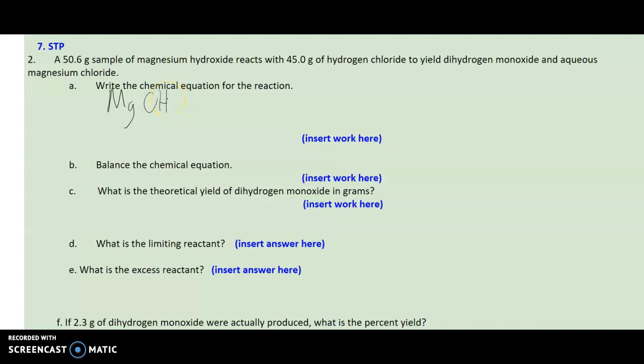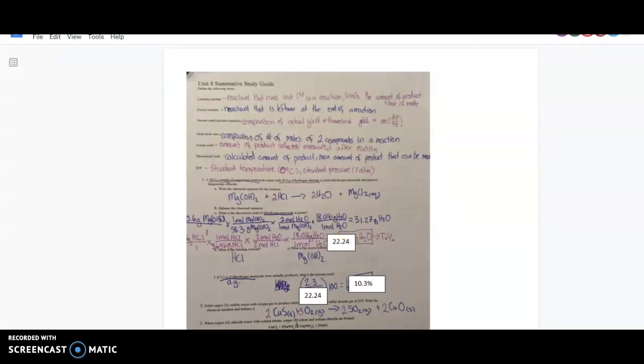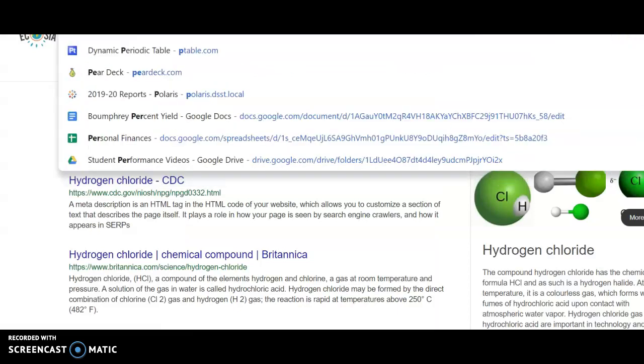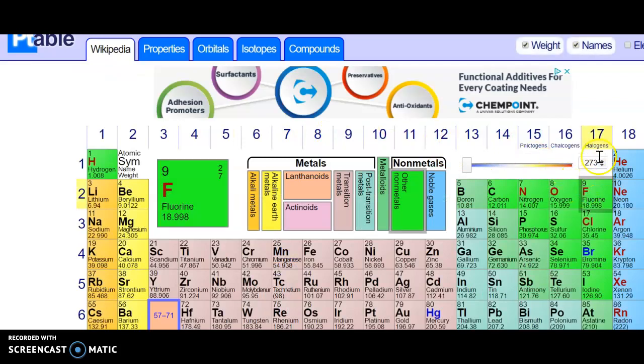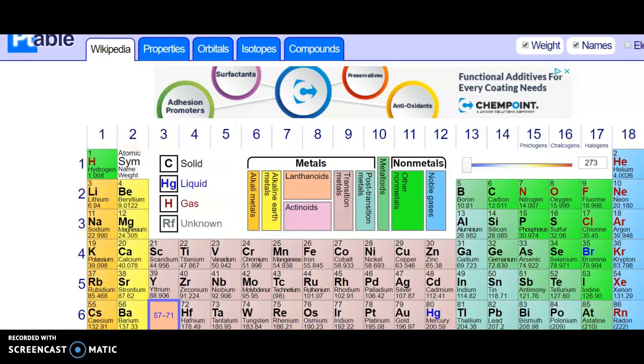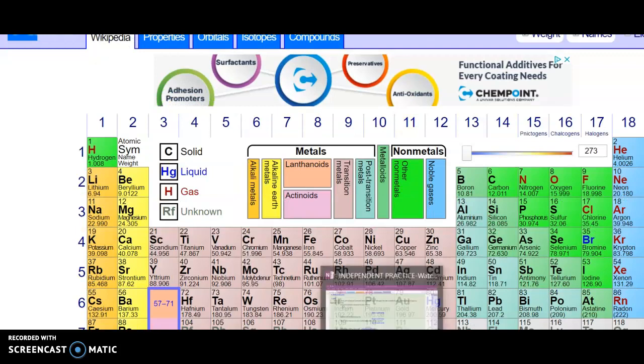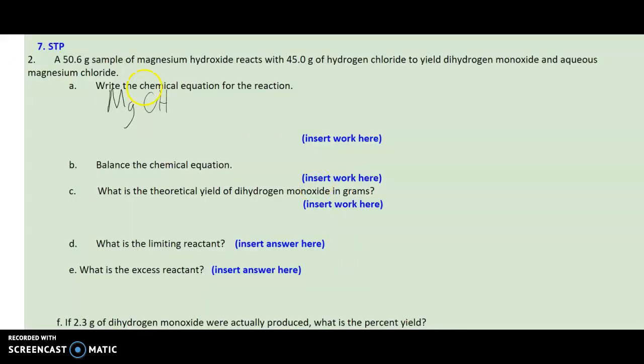And now, the thing that makes this kind of tricky is, let me pull up my periodic table. I know that hydroxide has a charge of -1, and magnesium has one of +2. So to make those equal 0, I'm going to need 2 hydroxides. That's pretty confusing. Don't let that confuse you for now. I'm just going to give it to you. Plus hydrogen, this should actually be monochloride, plus HCl